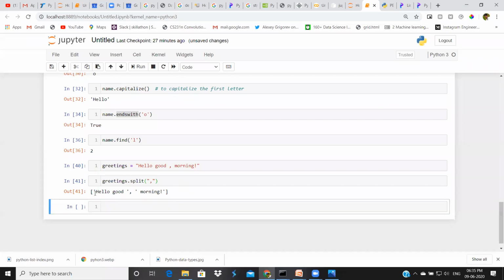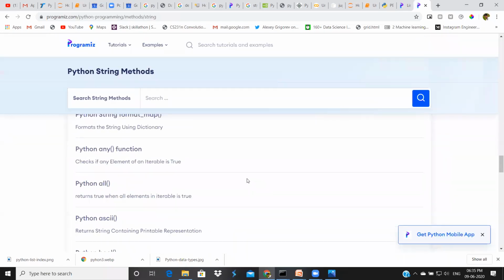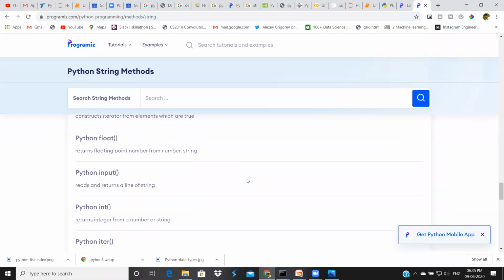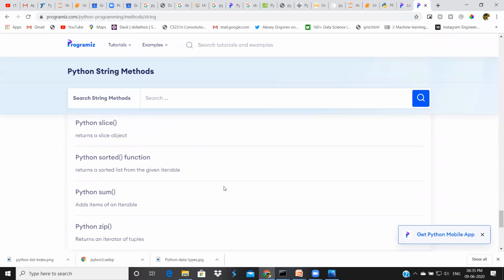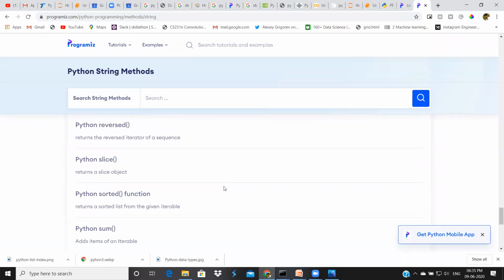Yeah, now my input is split into two parts based on the given punctuation in the split method. These all are the inbuilt methods in Python. Just try to explore it. Yeah, these are some string operations.